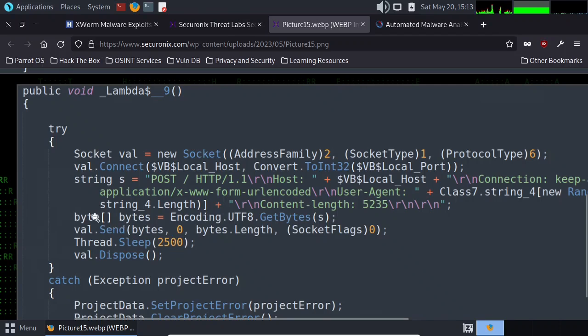And I'm guessing it needs to be a bytes type object. And there you go. Val send, bytes, 0, and so on. Yeah. And then it sleeps for 2,500 milliseconds. Or maybe it's 25 seconds, or maybe that is 2,500 milliseconds. I don't know. Val.dispose. So that one, I think that's the closing of the socket, disposing of it, and then